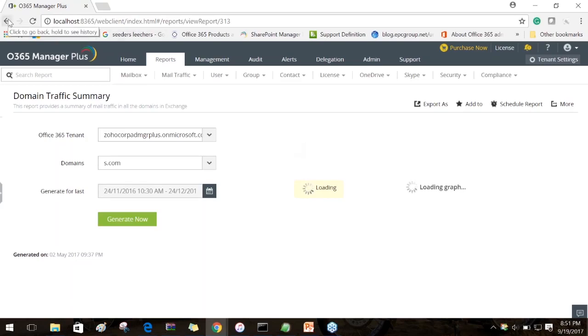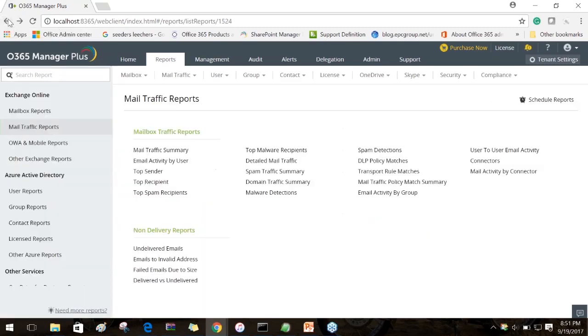Okay. So let me not waste time waiting for this report to generate. Like I said, that's the information that is going to be provided in here. So it's going to give you the external sent, internal sent, etc. Okay. And for example, when it comes to traffic reports, the other major thing that you would like to notice is